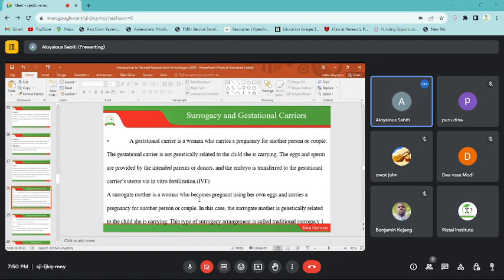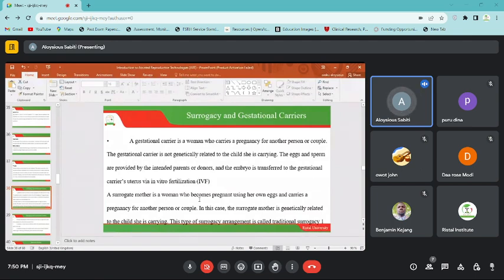In that case, this transfer is done into another woman, but she's not a genetic holder of the child she's carrying. She's just carrying children for other people, because these children have this mixture, or this embryo, has undergone an